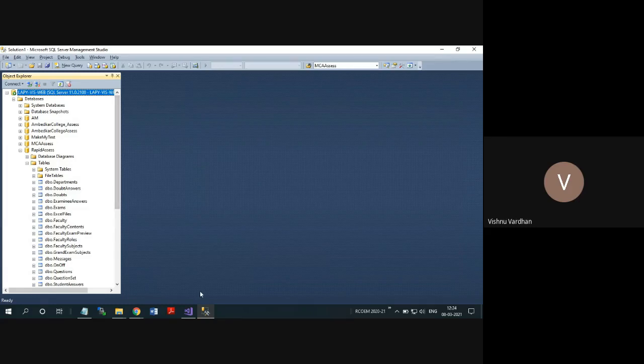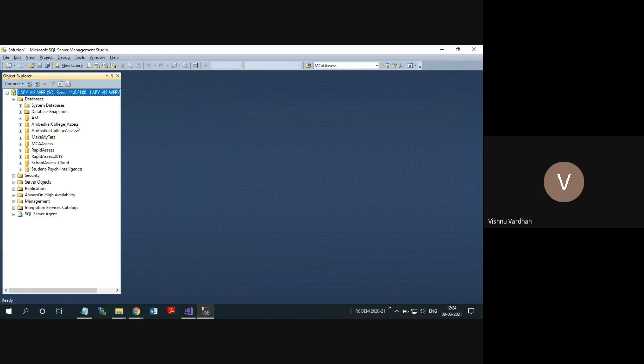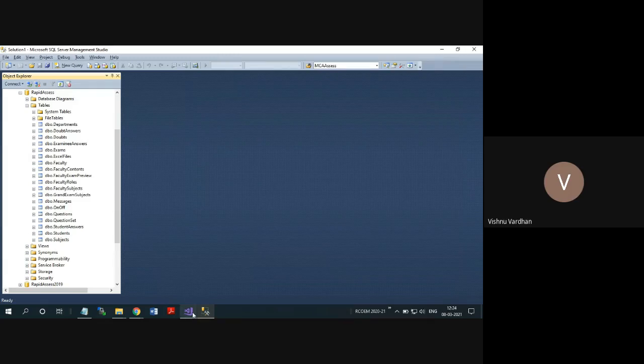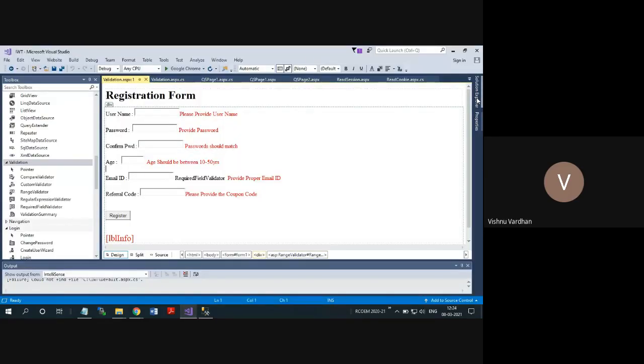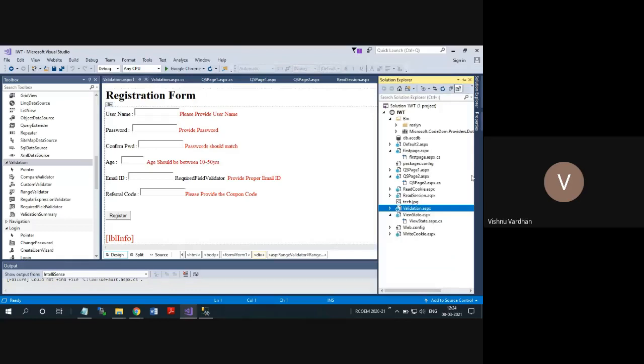So today let us understand how to connect with this MS SQL Server. This is the SQL Server in which we have some databases. Here you can see these are the databases, and I will enable the coding for that, and we will see how to create a database connection from a new page.